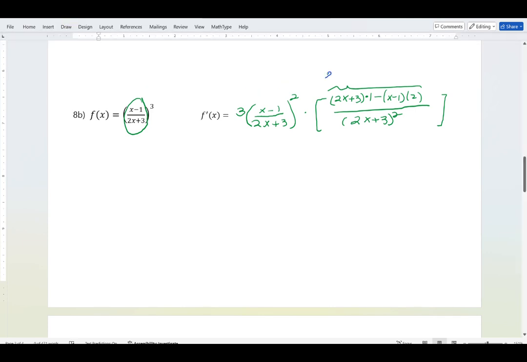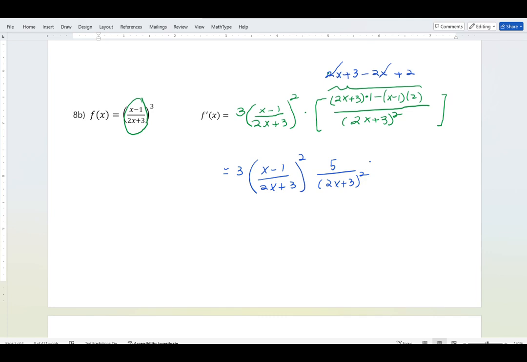So we have 2x plus 3 times 1, that's 2x plus 3, minus 2 times x, so minus 2x. And don't forget to distribute the negative on the last term also. Negative 2 times negative 1, that's positive 2. Notice the plus and minus 2x will cancel, and our answer is 3 times the quantity x minus 1 over 2x plus 3, to the second power. And on the second part for the fraction, we just have a 5 divided by 2x plus 3